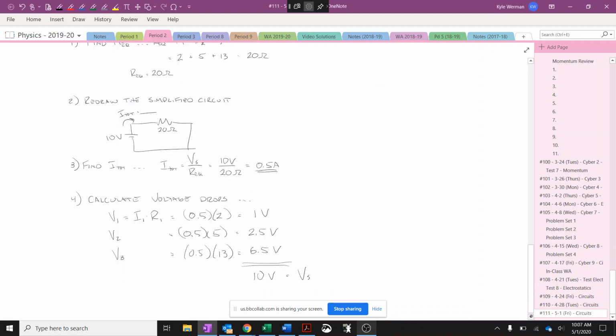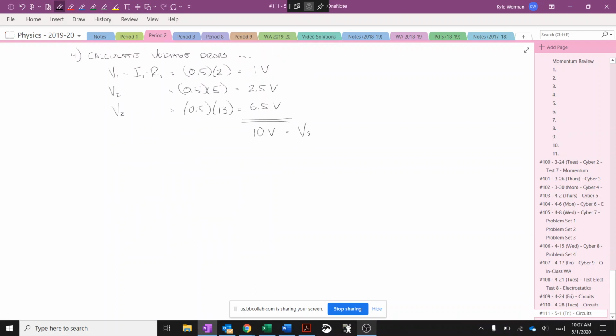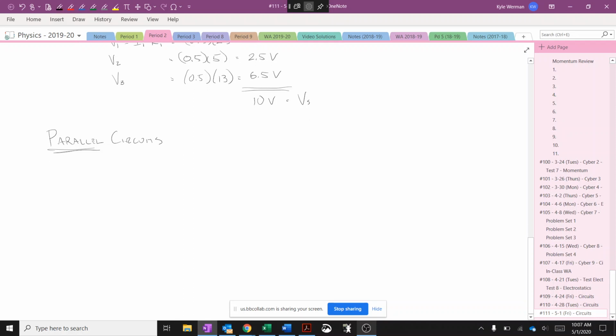All right, so now we're going to look at what happens when we have a parallel circuit. We've talked about series, and now we're going to look at parallel. All right, and parallel is a confusing word because you would think, like in geometry class, that the lines are